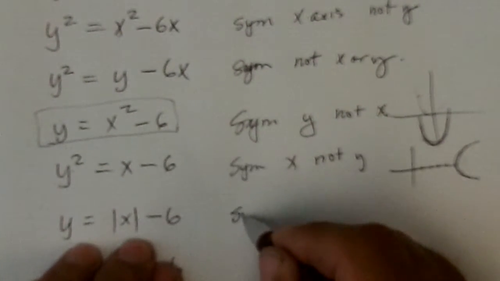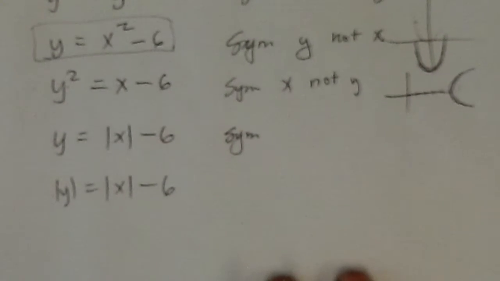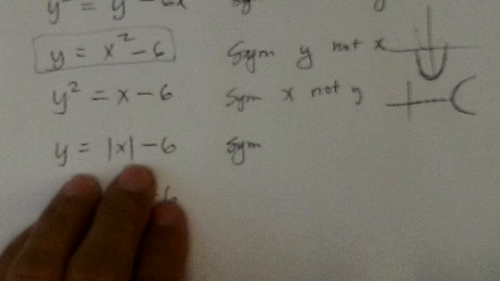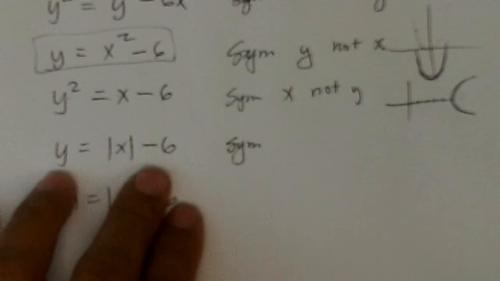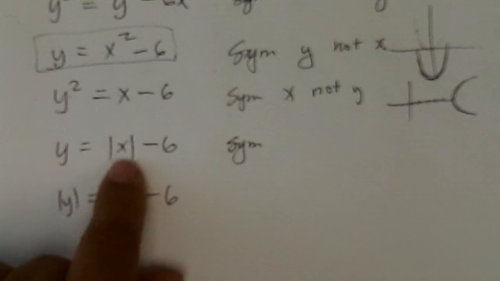This one. Now I've been dealing just with x squared, but the rules also apply for y to the 4th power or to the 6th power. That causes them to be symmetric. Now, odd powers don't cause symmetry. So that's an odd power, so it's not symmetric with the x, but